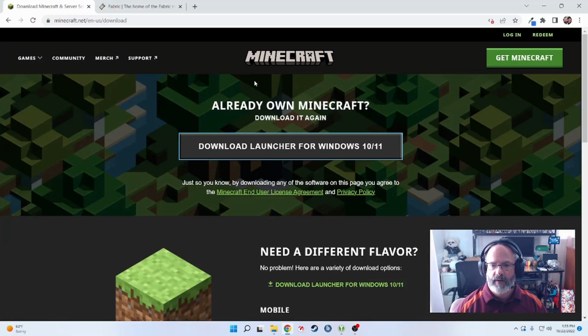Hello. This video is going to walk through how to install Minecraft and different versions of Minecraft in such a way that you can switch back and forth through the game launcher between different versions and even different mod loaders. So for example, if you play on servers and some of the servers are using Fabric, some are using Forge, some are using Vanilla, we're going to walk through how to install Minecraft in such a way that you can just easily through the game launcher switch which profile of mods are loaded at any particular time so that you